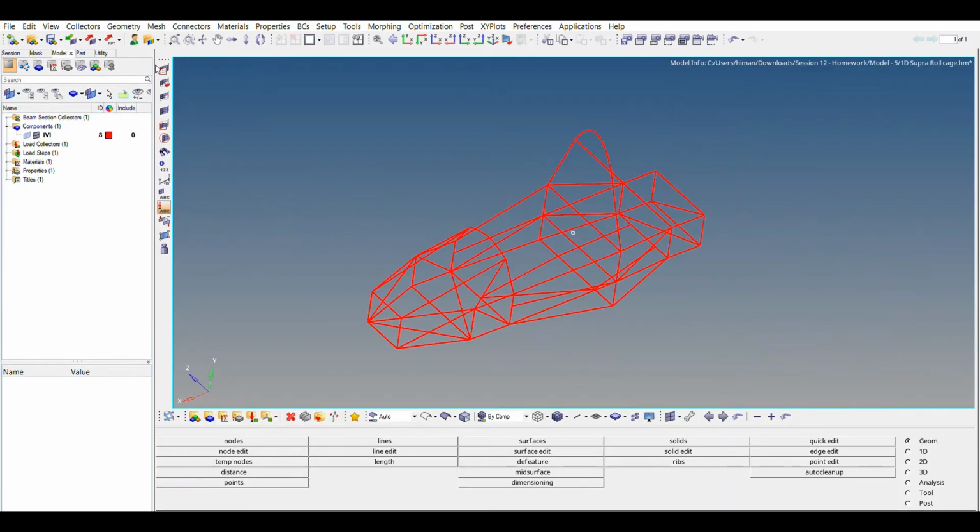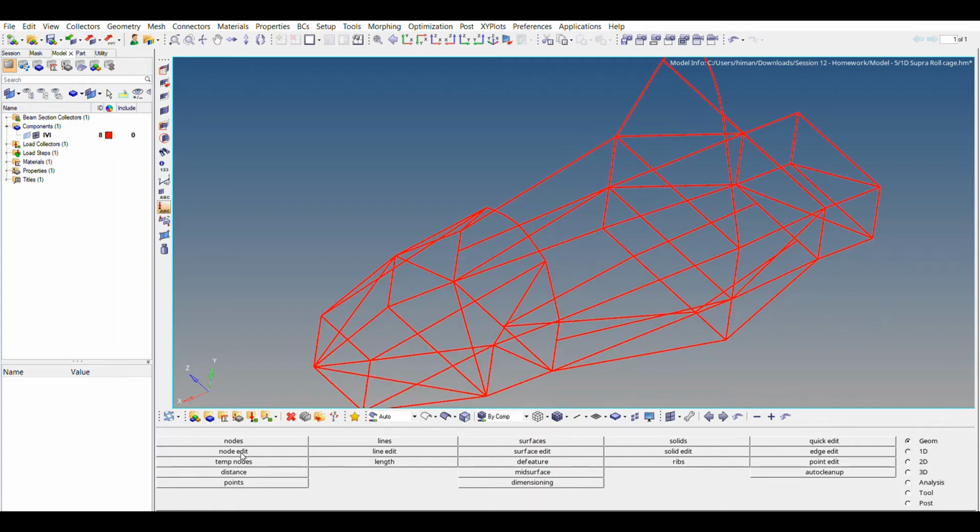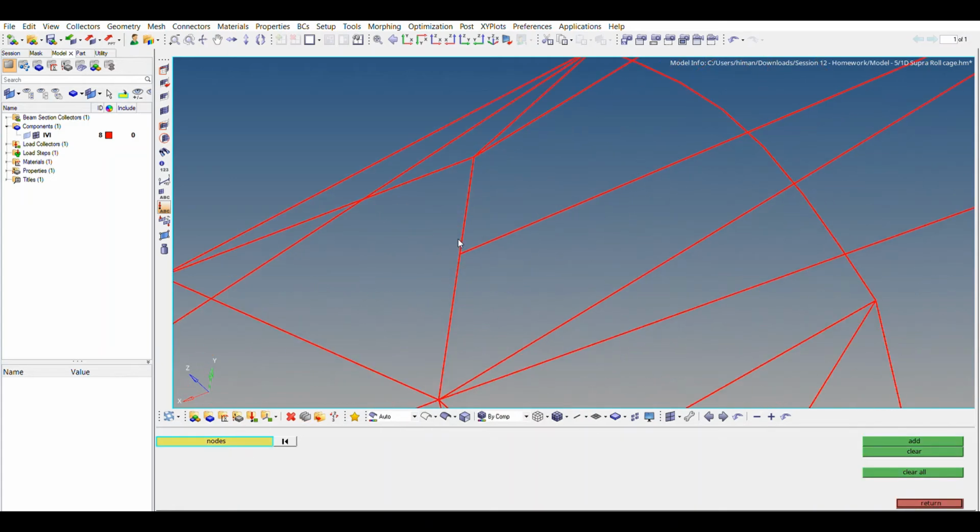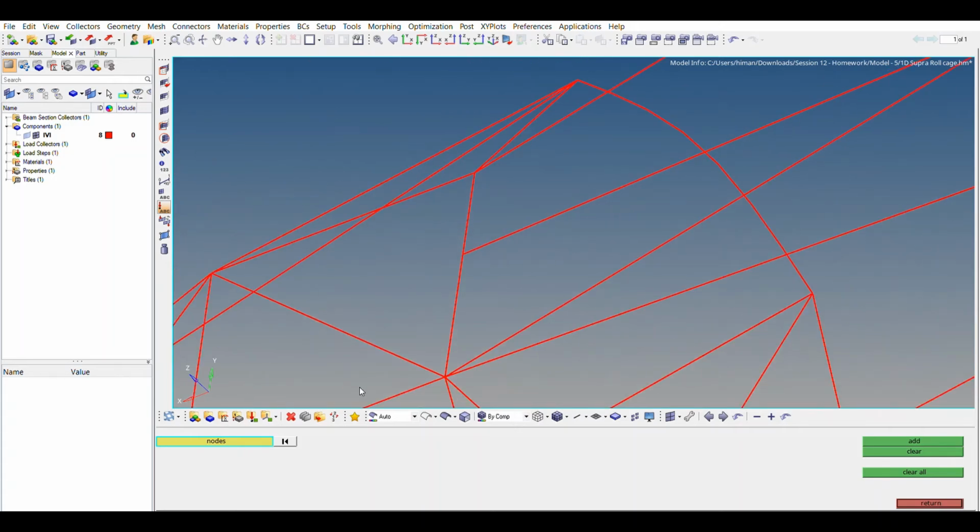So we came back to the HyperMesh software. Now, in order to recreate the mesh around here, we first create the temporary nodes, and then we will create temporary elements, and then we will again solve the geometry to see if the geometry has been repaired or not. So go to temporary nodes, and from here the geometry was discontinuous.